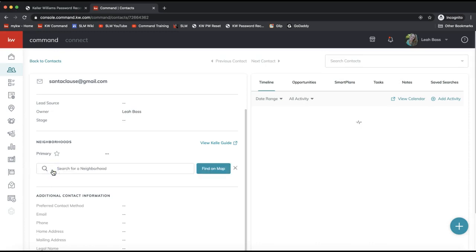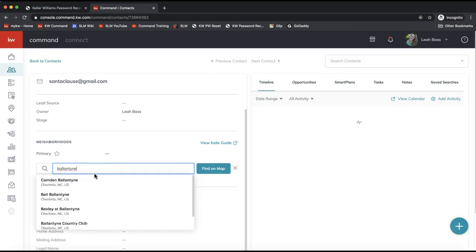there's three different ways that you can add neighborhoods in. So the first way, how you'll have to start it off, is where it says Search for a Neighborhood here. Let's say we start typing in an area near me, okay? And just a heads up, if you see a little pop-up on your browser asking for it to know your location, you want to allow that, okay? You want it to know your location so it can help you find neighborhoods close by to where you are,